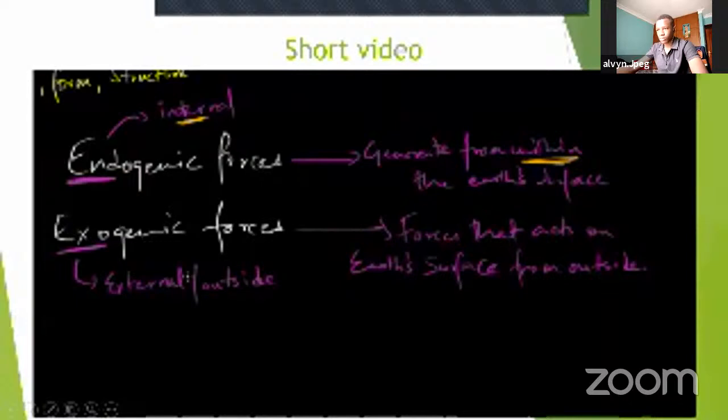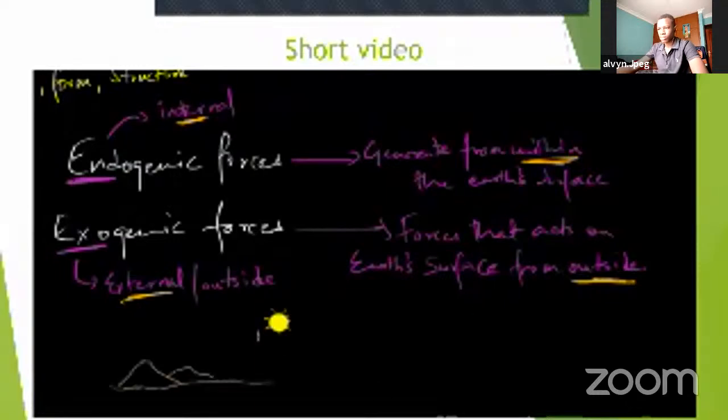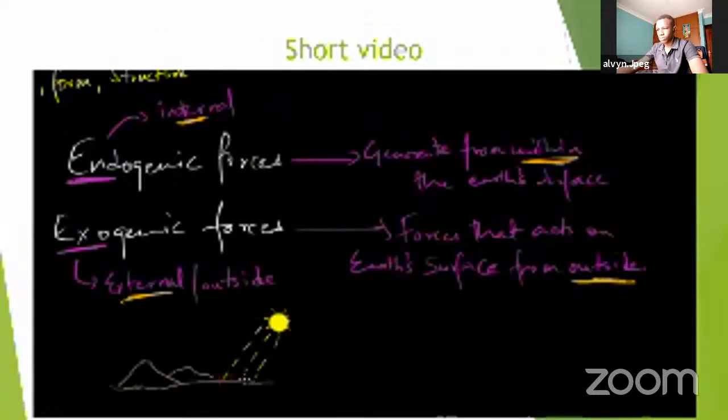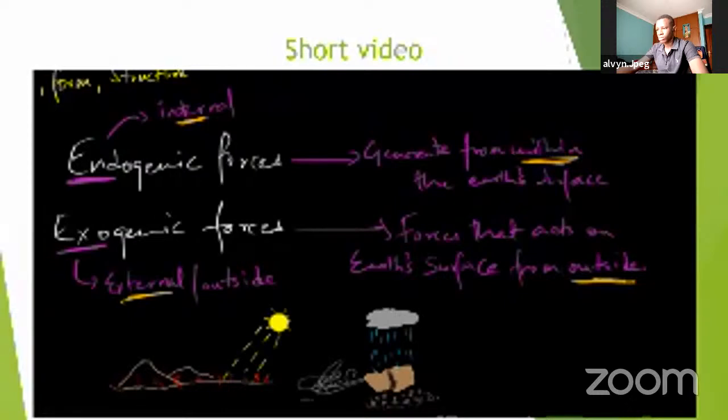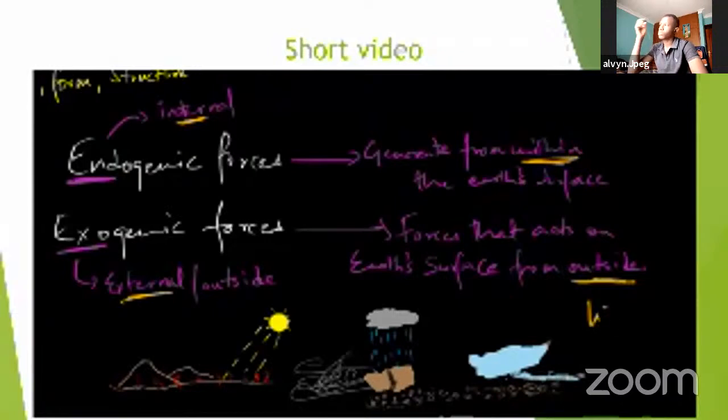Now the other force, the exogenic forces, acts on the Earth's surface from outside. For example, sunlight is constantly heating up the Earth's surface. Then we have rain, which is responsible for weathering of rocks. Then we have wind, which takes the soil from one place to another. Then we have ice, glaciers. When it melts, it is again responsible for carrying the soil from one place to another. So in a nutshell, we can say the actions of exogenic forces result in wearing down and filling up